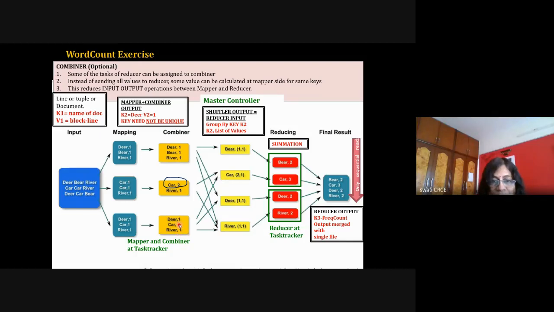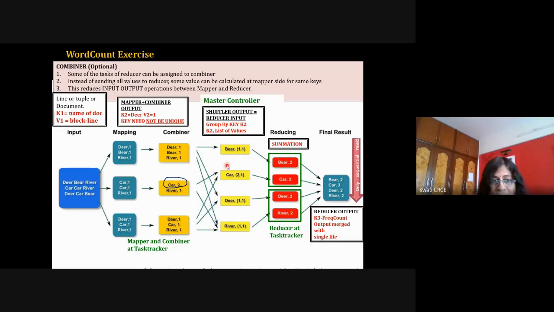So see here, from this block car 1 is traveling here, it is coming to this reducer, and this car key is going here, and from this particular block the value is 2 comma 1. So a list of values is created for the same key. They are shuffled in such a way that all the same keys will reach the same reducer.